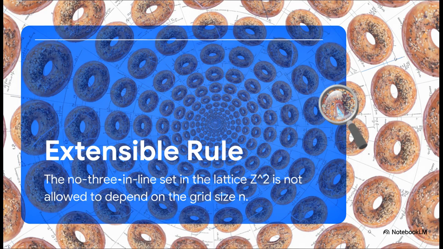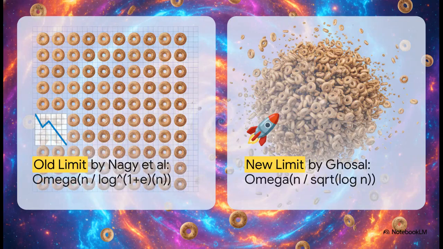This constraint completely changes the game. The intuition used to be that you couldn't possibly get a densely packed infinite grid this way, because historically, finite solutions depended heavily on the exact size of the specific grid you were working with. So you might be wondering, just how dense can this unchanging, infinite bagel universe actually be?